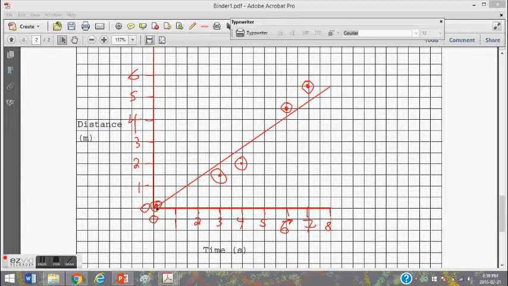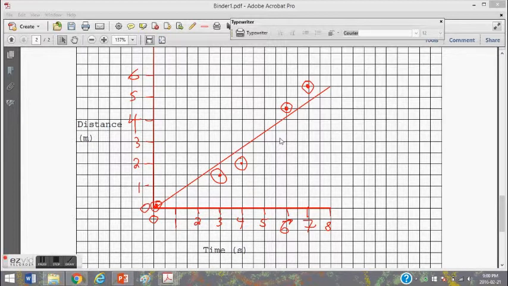Most likely what would have happened to collect this data is that we would have had some problem with data collection. Maybe our timer was off a little bit, maybe something with the distance measurement was off, and so we didn't get a perfect graph. But it's close to straight, so we're going to use it. We're going to do a few things with it. If I was marking this, just so you know,